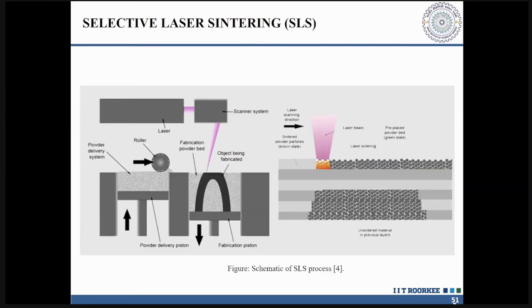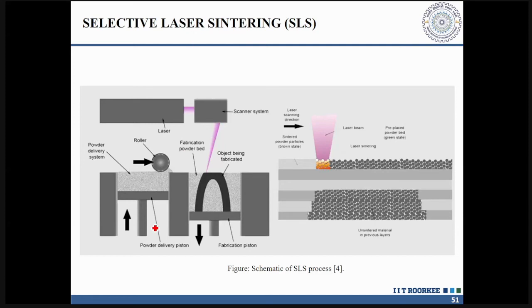The other technique that we have, when we go for metals, the most important technique is called selective laser sintering, SLS. Now, what is there in this particular SLS? The material is in the form of powders. When the material is in the form of powders, I have to sinter it. I have to fuse those particular powders against each other. So how to fuse it? Selectively sinter. How to sinter? With the help of a laser.